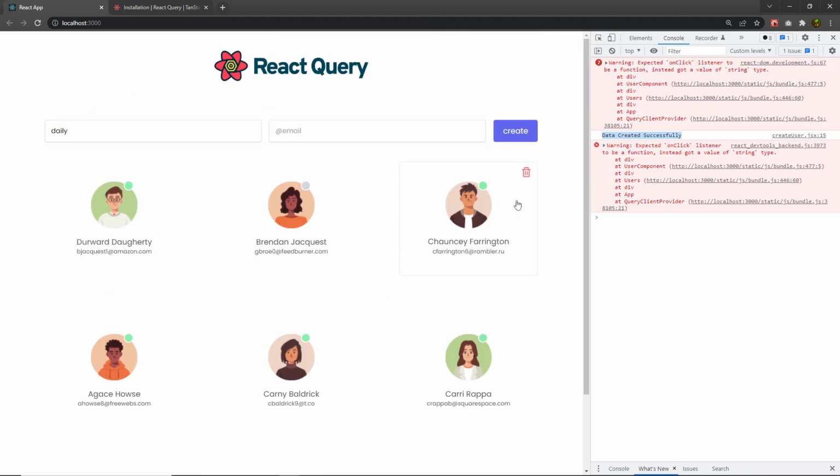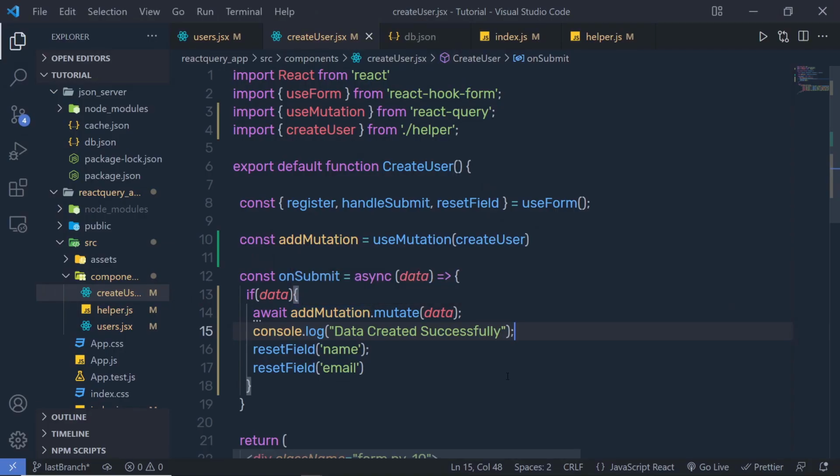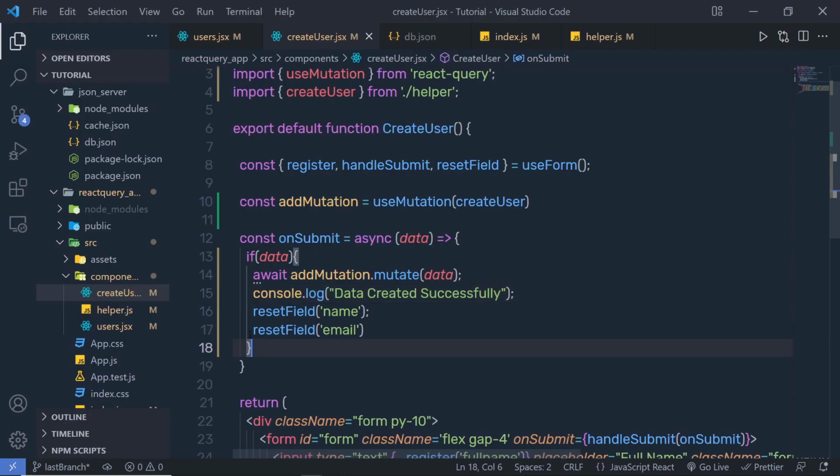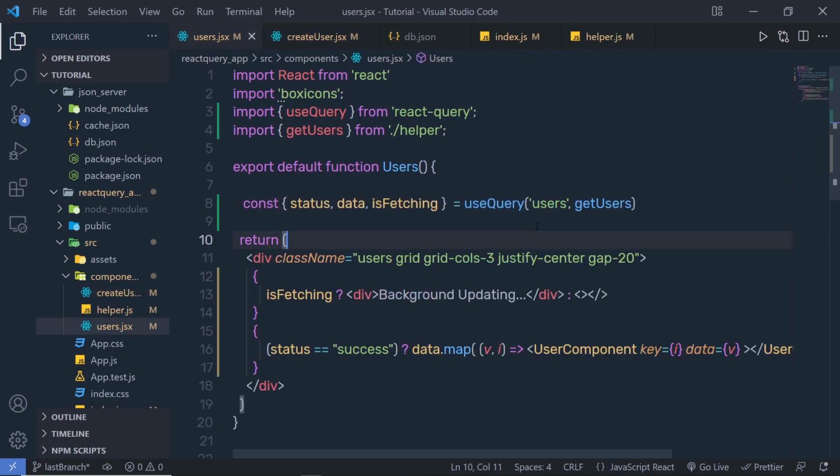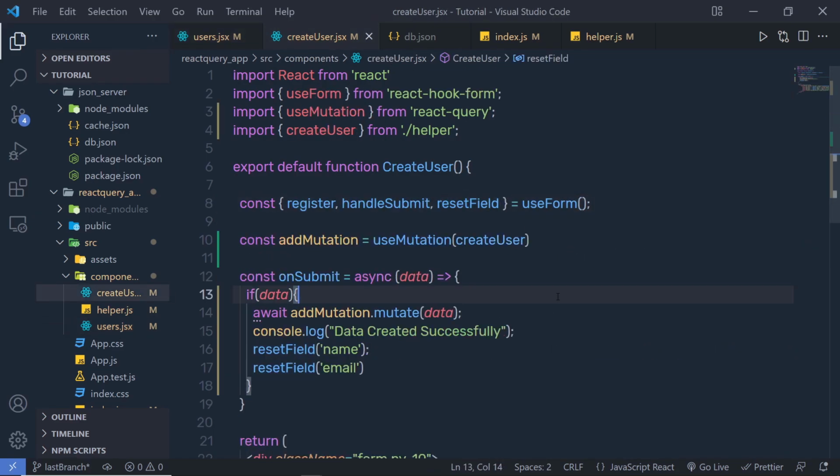Now what I want, when I click on this create button, is to update this data automatically. Instead of making a new request, I'm going to update the data whenever I click on this submit button. We can easily do that with React Query. As you can notice, inside these users, we have a tag here, users. I'm going to use this tag and make a post request. And when we update the data of users, I'm going to refetch the data from the server and update the